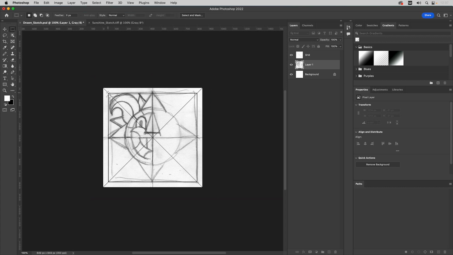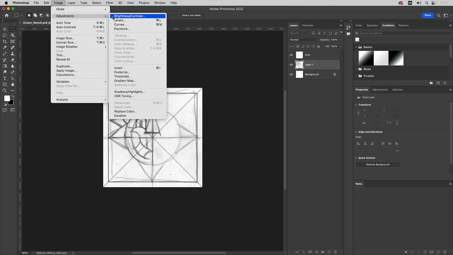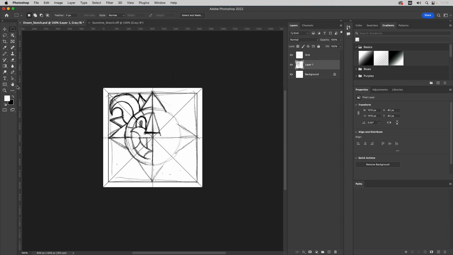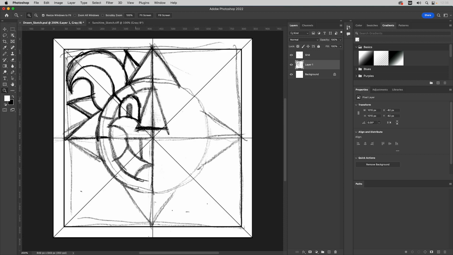Click. And then the other thing I'll do is I'll just adjust it just to make it a little darker. So we'll go Levels. I'm not using a layer effect because after I do this once, I'll never really come back to this. So this is just to improve the contrast. So when we place it in Illustrator, we can see what we're creating. That's fine. We'll go ahead and zoom in a little bit. And this is where I'll go ahead and just kind of make a selection based off of that square like that. I'm going to inverse this selection, and then I'm just going to delete everything outside of that